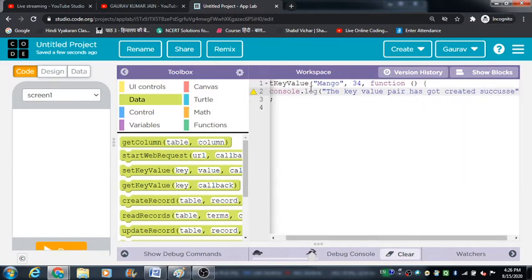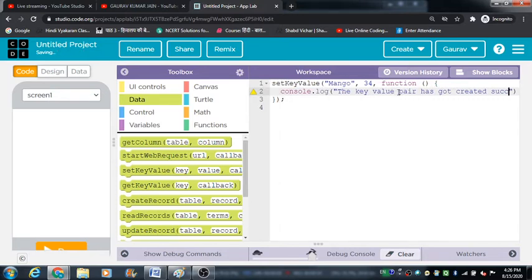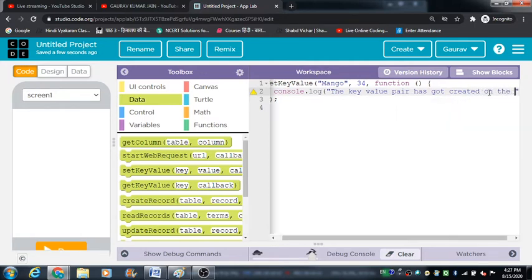Okay, that's what we are going to write. The key value pair has got created on the cloud. Fine.